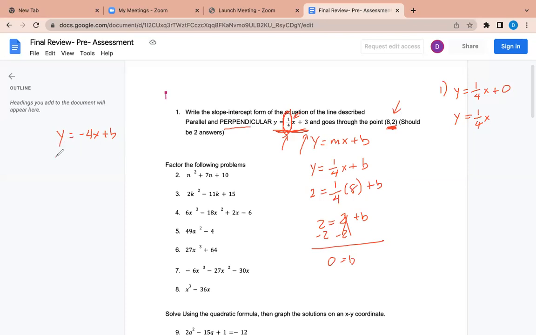So we're going to plug in the 2 for the y and the 8 for the x. And so 2 is equal to -32 plus b. You add the 32 to both sides. So what happens? b is equal to 34. So what is the final answer? y is equal to -4x plus 34. All right. Number 2,